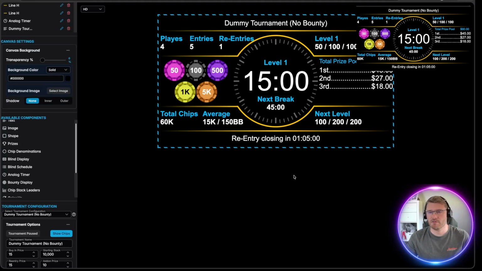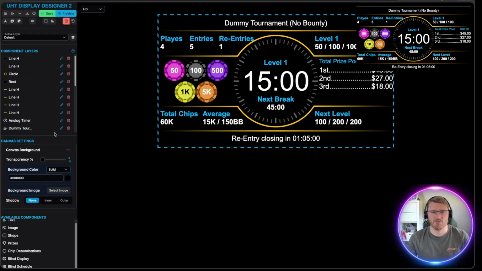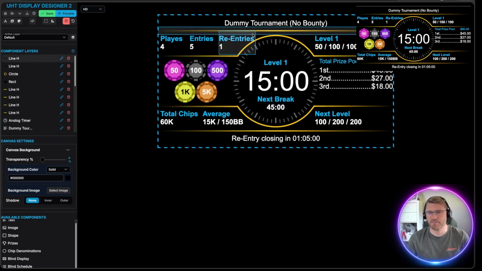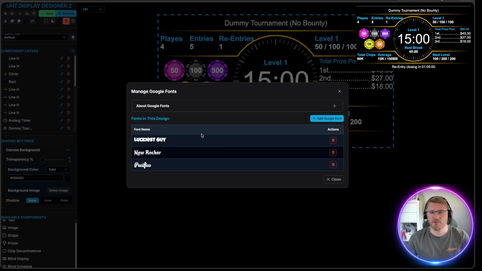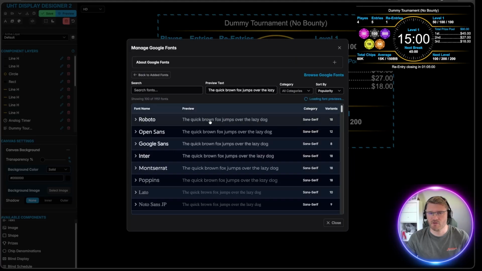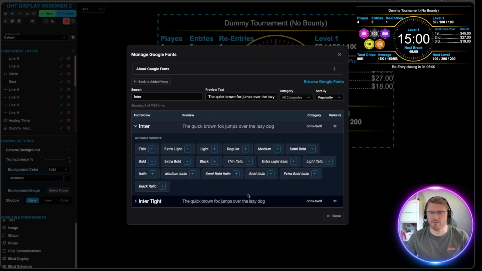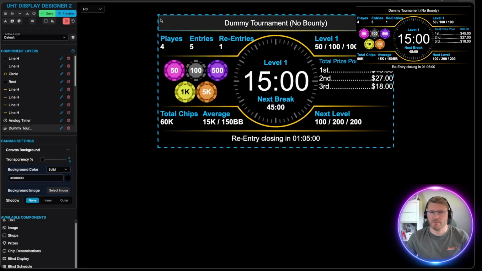So now our design looks pretty good. It resembles the professional design very well. And one thing we could also do is, of course, change the font, since the professional design uses a different font. We can open our font configuration, go to Add Font, and search for the font Inter. And this is the one that the original design uses. We go for the regular, close, and now we can